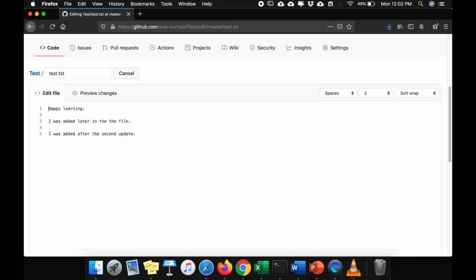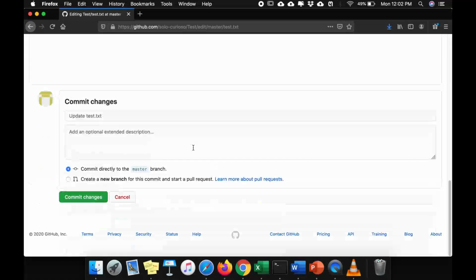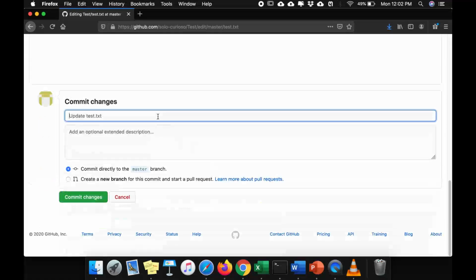So now you can see that I have deleted some content from this file and added some content here. Now let me commit these changes once again so that they might be recorded, like updated test.txt.